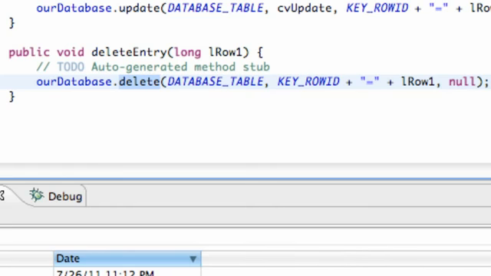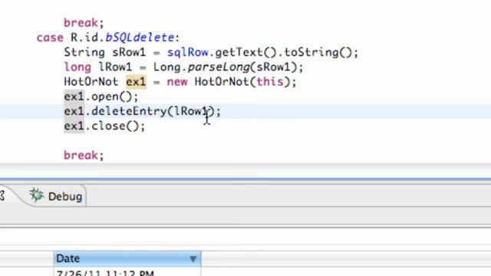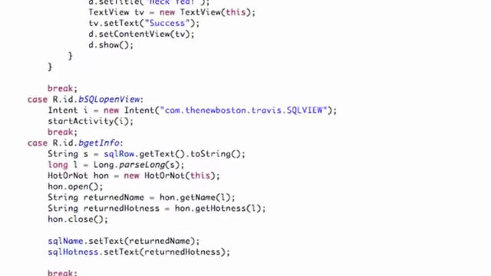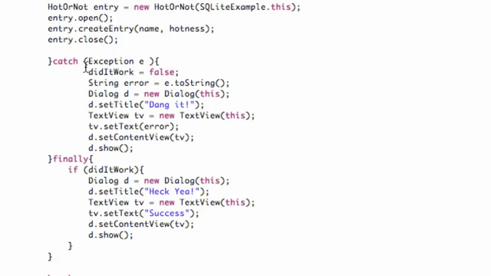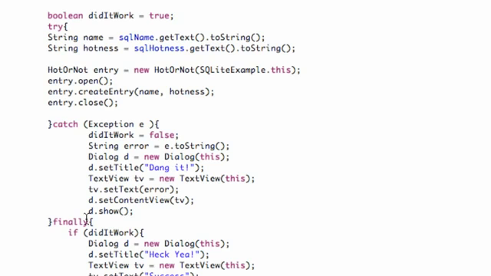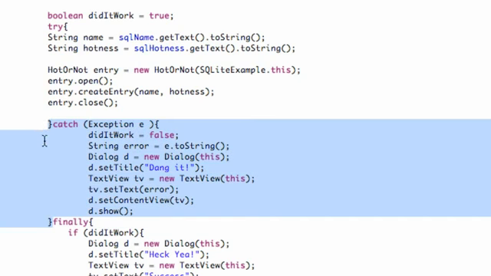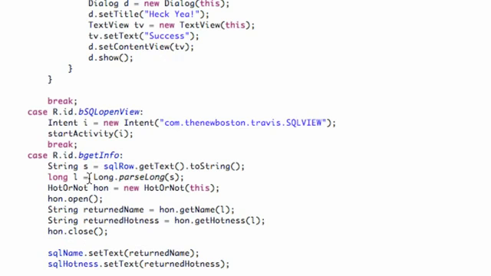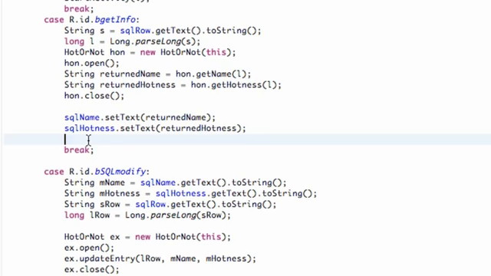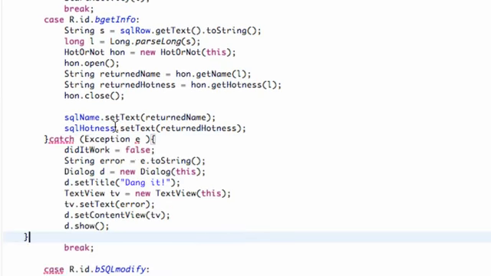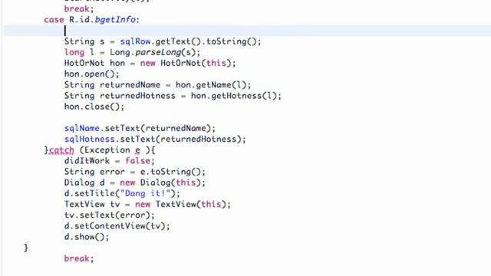So let's run our application. And actually, since we probably have some time, since that was pretty quick, what I want to show you guys is something we set up here to kind of proof check everything. So what we're going to do is copy this catch clause for update here and paste it for each one of our get information. For example, we're going to paste that there, and we're going to add a try bracket,